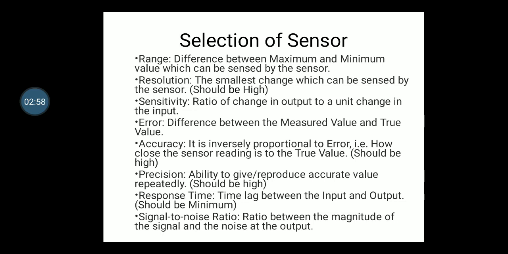Suppose you want to buy a weighing machine, that is, a load sensor, right? If that load sensor is used in a weighing machine for a jewelry shop, the minimum range should be milligram, right? And the maximum range should be at most 500 grams or 1 kilo, because no one will buy gold in kilos, right? Everyone will buy gold in grams or milligrams. So you should know the minimum and maximum range.